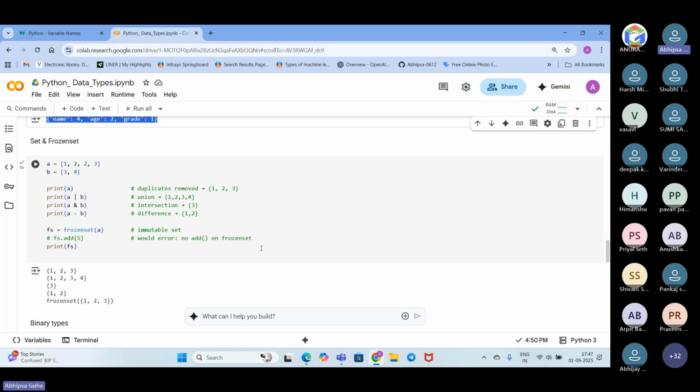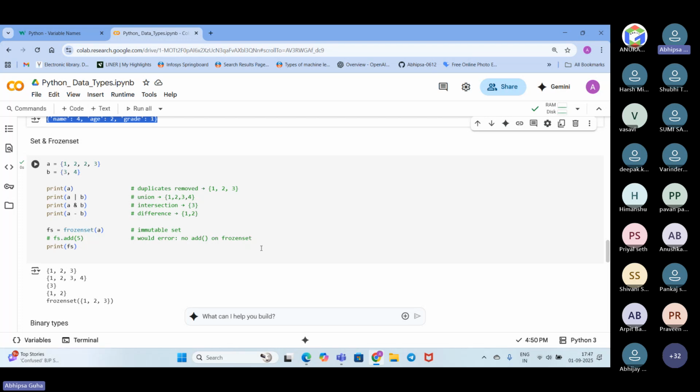So next we will be moving on to set. What actually is a set? I guess in maths you have already learned about sets and how to represent a set. We do have operations in sets like union, intersection, difference. All these operations are also available in the case of sets.